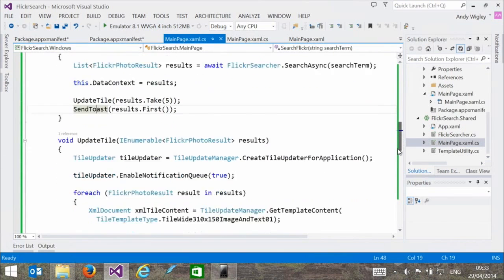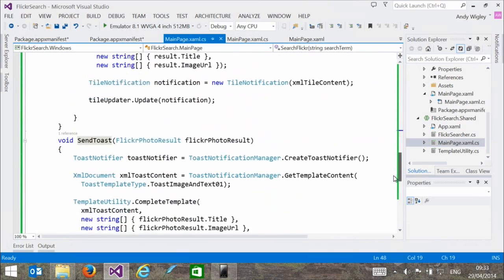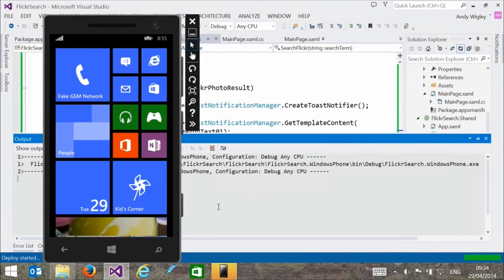I'm not going to bother showing the tiles just for time, but this is in the sample which we're going to make available to you. So you'll update some tiles, and it also will send a toast. This exact same method is going to execute on both platforms. So if you do it on the phone first,